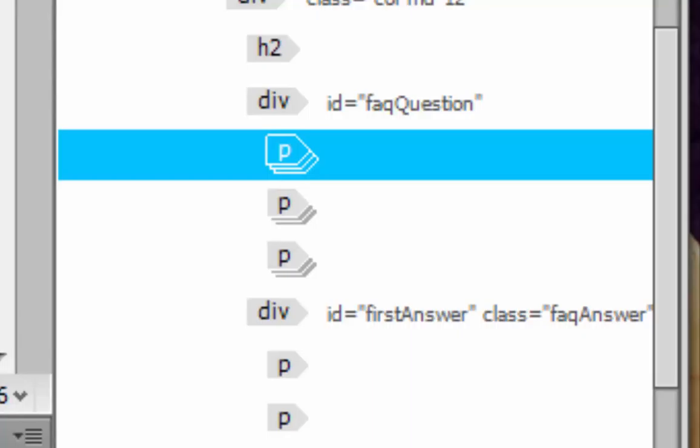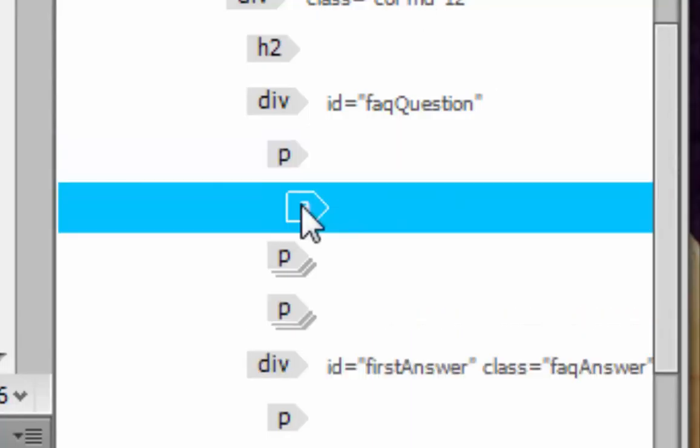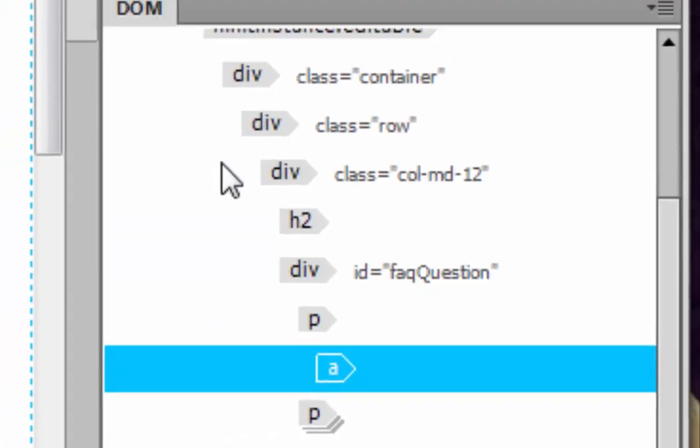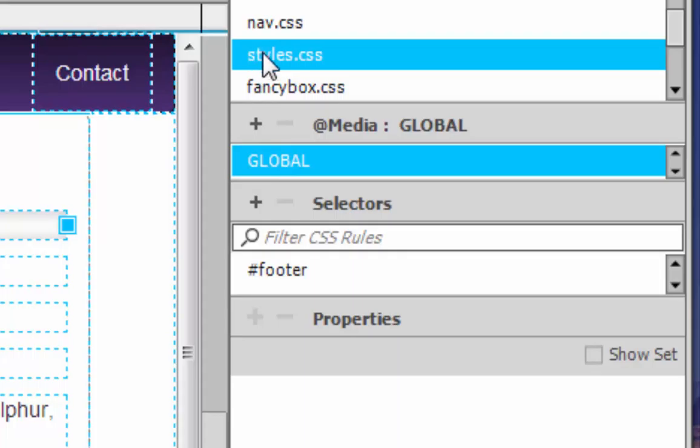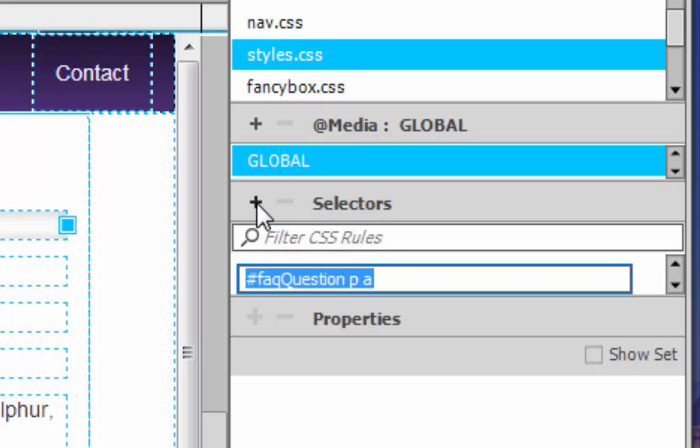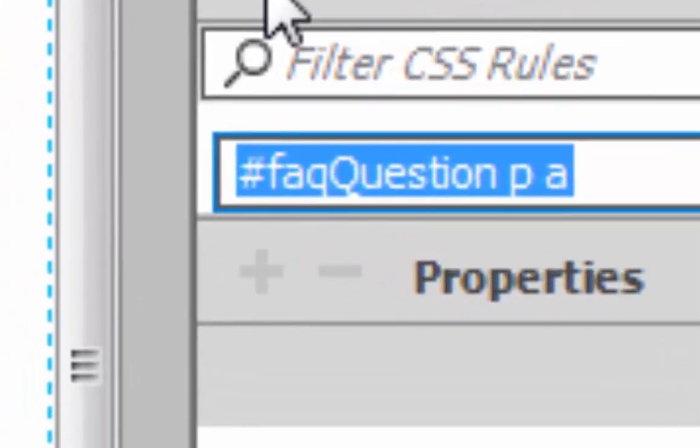And so I'm going to add a new selector. Let me see, does it show over here? Here we go. I want to make sure I have that anchor selected. I used my document object panel to help me out. So I'm going to add a new selector. So I've got style selected. We're working with our global, and I'm going to click plus for a new selector. So we get a selector, and our selector